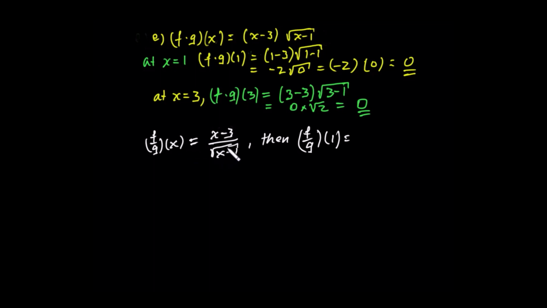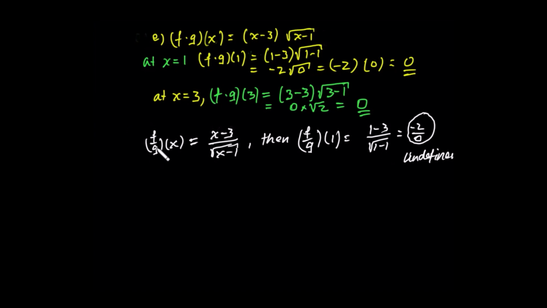በተመሳሳይ f over g of x x minus 3 over square root of x minus 1 ነው ይሄ f of x over g of x ማለት ነው then f over g of 1 ምን ይመጣል ነው ስለዚህ 1 minus 3 over square root of 1 minus 1 ይመጣል ስለዚህ ኔጌቲቭ 2 over 0 ይመጣል ይሄ ምንድነው ተማሪዎች ለዜሮ ማከፈል ይቻላል አይቻልም ስለዚህ undefined ስለዚህ undefined ኬዝ አጋ because it's impossible to divide by 0።